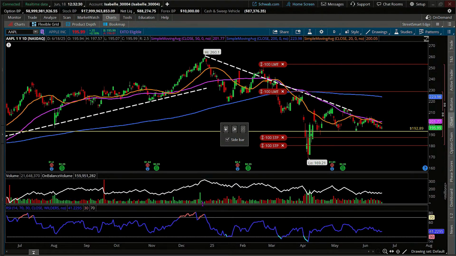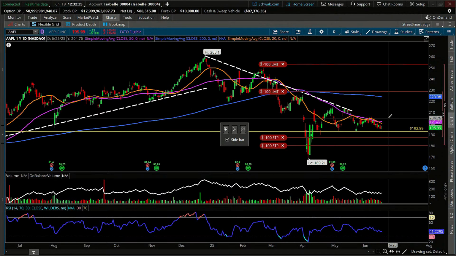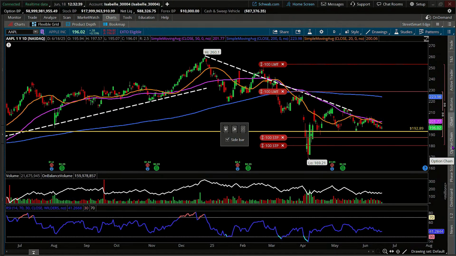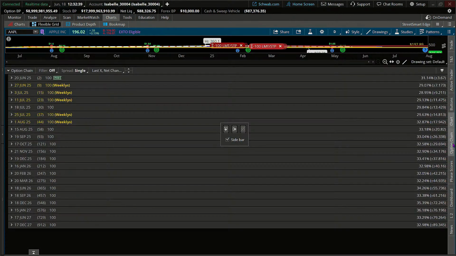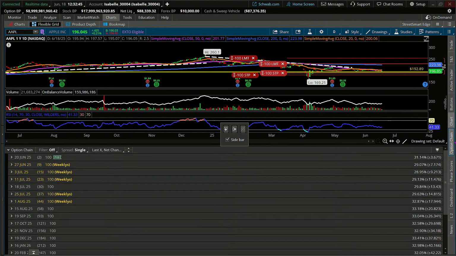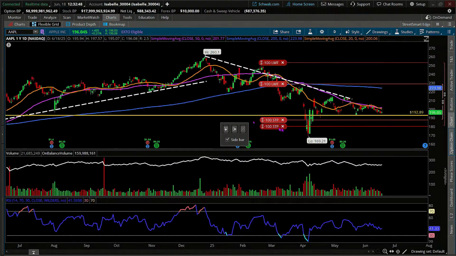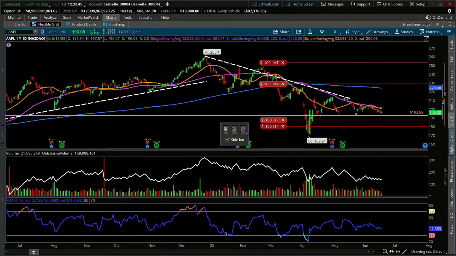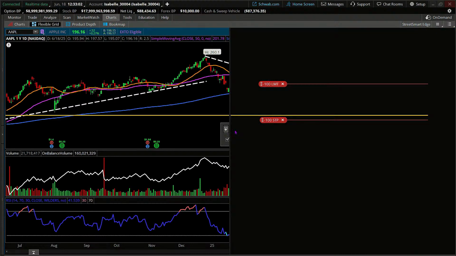Now I can choose, this is a single flex grid, right? And I can add in the option chain here. As soon as I click it, there it goes, right? So I've got that ability. Or I can use my customized box in the center. Do I want to add it above this chart, as an example? See ya, okay? Do I want it above it? Do I want it to the side of it? How about to the side?